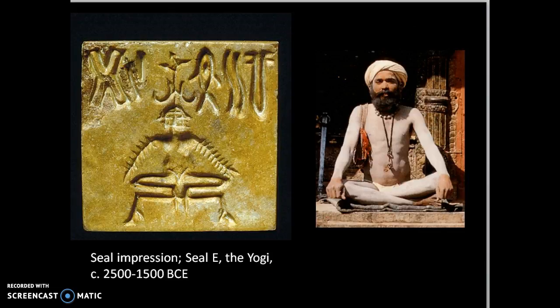This seal on the left is Seal E. It depicts a human in a meditative posture. In later Indian culture, this posture is associated with a yogi, a person who seeks mental and physical purification and self-control through meditation. Usually it's used for spiritual purposes. So this is kind of interesting. It's like a continued tradition, a continuing motif. I don't know if you can make it out, but here's the head and the arms, and then here they're in a cross-legged position.